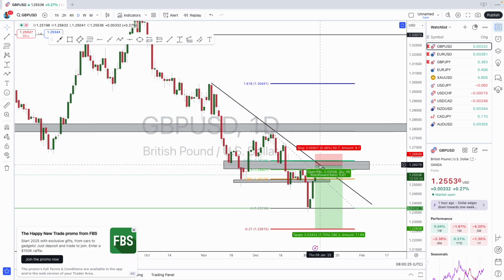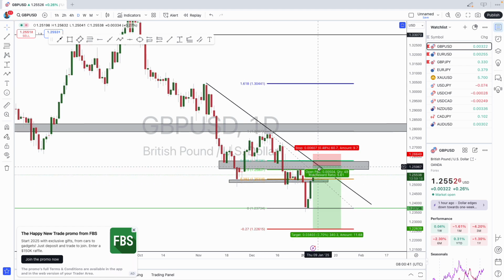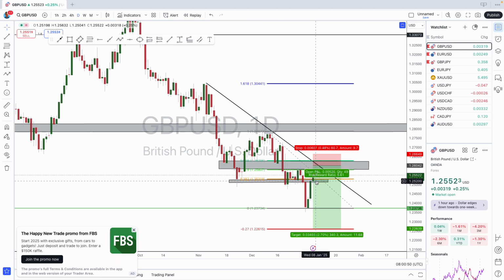This is our third touch of the trend line, and it lines up nicely with our Fibonacci levels. This is the 0.5 and this is the 0.618. Now, these levels are really key when it comes to entering the market for me, right? And we are approaching this key. You see, I highlighted it really nicely with this bar.